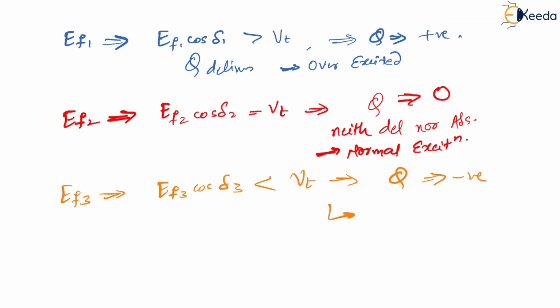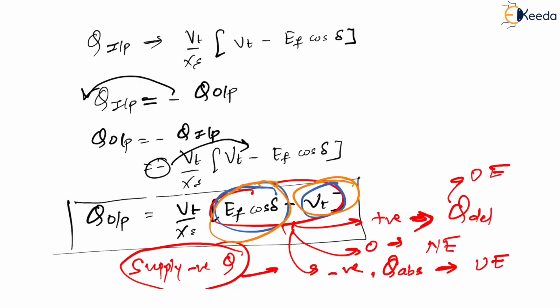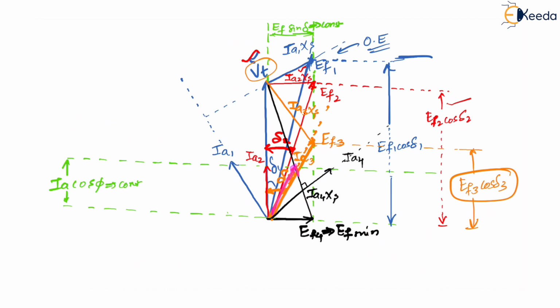If the sum is negative, then what is it going to do? Absorb reactive power? Yes or no? Yes, it is going to absorb. And we know that an underexcited synchronous machine absorbs reactive power. Yes or no? So can I say that this orange is nothing but underexcited, and red was nothing but normal excitation, correct? So over, normal, under, problem solved. Same old story as previous, the same story we are going to follow.